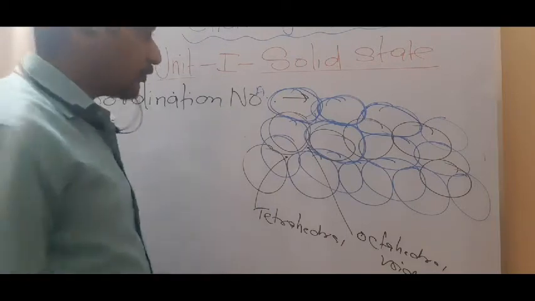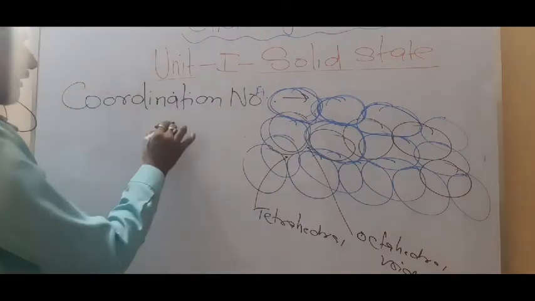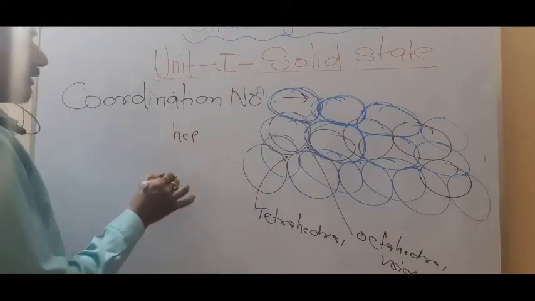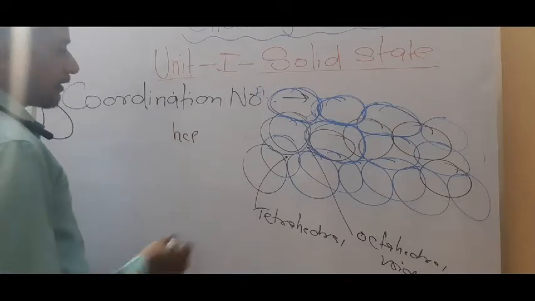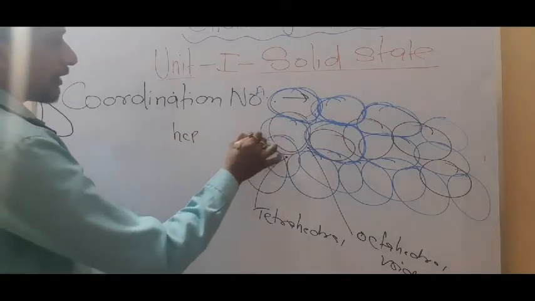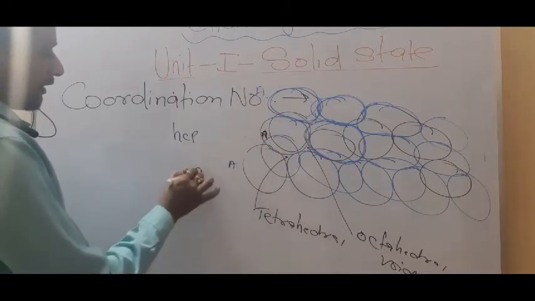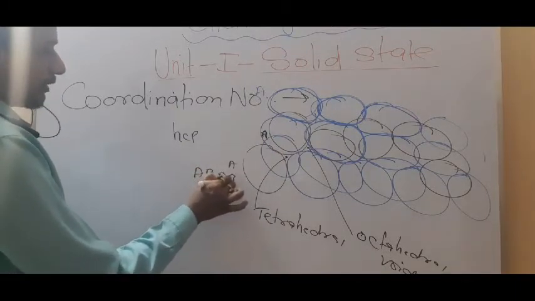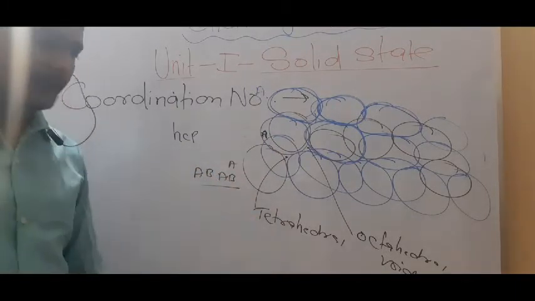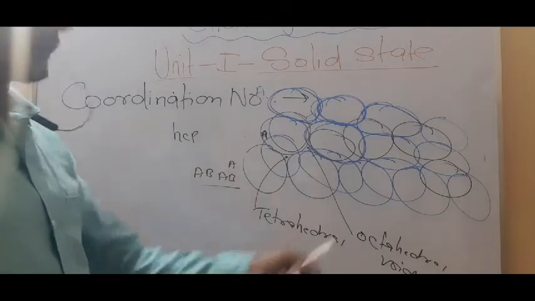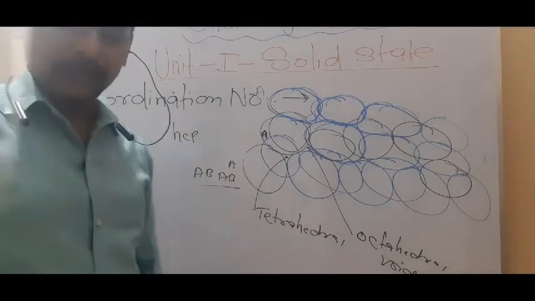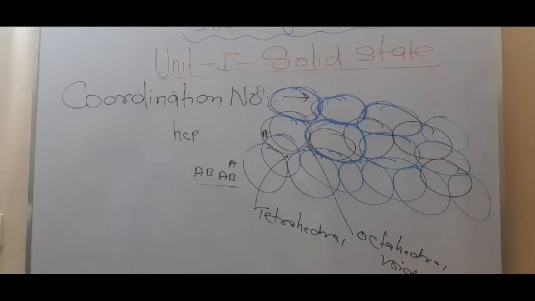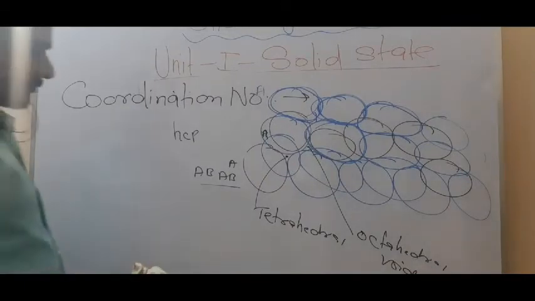Okay, so in 3 dimensions in HCP, what happens? Now this layer is A and the second layer is B. So again an AB type pattern is formed and this will generate 2 types of voids. One is known as tetrahedral voids and the second is known as octahedral voids. This you can see from NCERT page number 14. Are you getting this point or not?